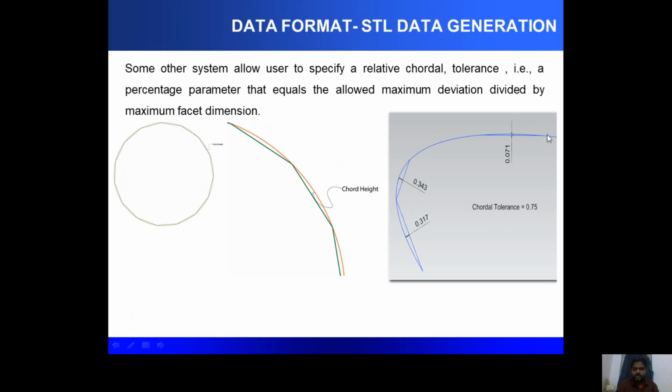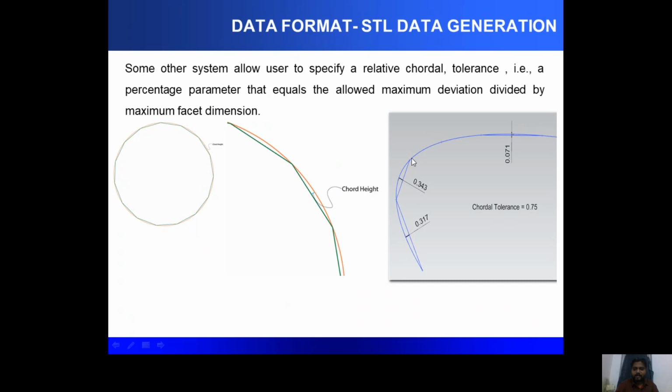But if you have a complex feature like this, you may not get the same chord value. So if you define a chord value for each surface or each region, the same chord value will end up with a different size of triangle. So you may not get a uniform triangle, but as per the value you have defined, it will create